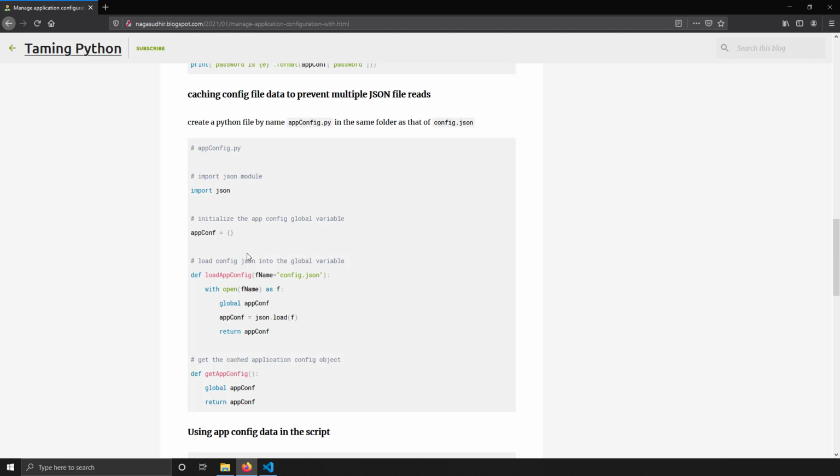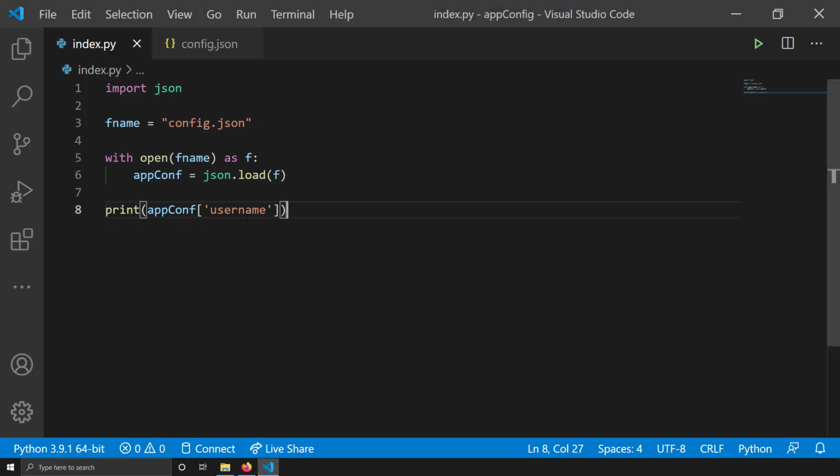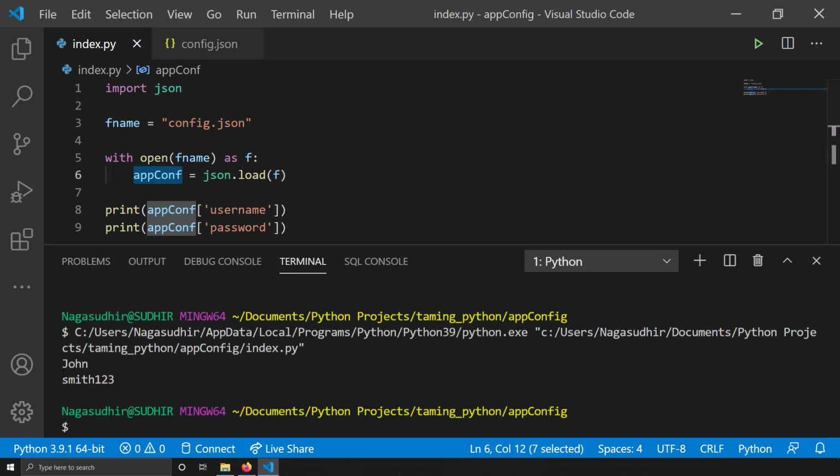That's not good. So what you have to do is cache the data in a variable. Even in this scenario, we have cached the json.load, and I've got a variable from the file, so I'm not reading the file again. If you want the password, I'll just use this variable and write password. I'm not accessing the file a second time, I'm just caching it into a variable called appconf. And now you can see I've got John and the password also.